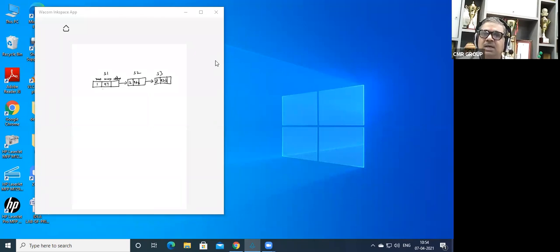In the last classes we saw, for example, struct student, where you have taken roll number, name, father's name, and marks. Same thing, I'm removing the name, I'm only taking two parts, that is roll number and marks.